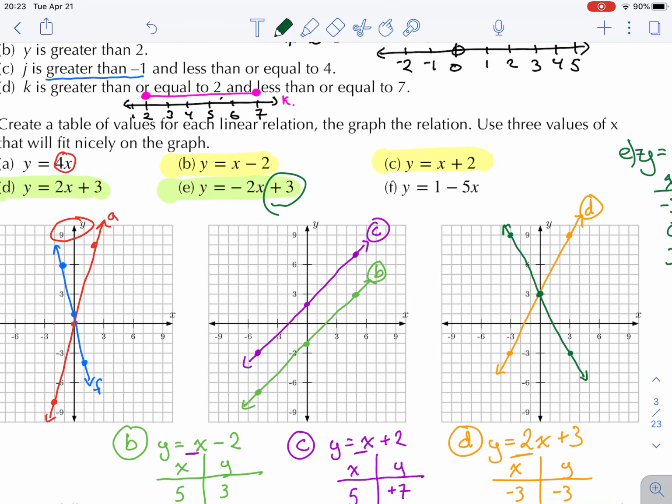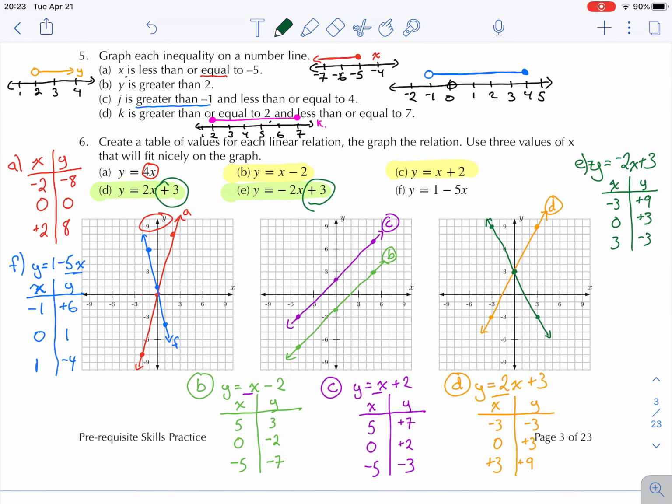Notice that these two have opposite slopes, but they have the same start point. They have the same b value, or y-intercept. All right, so all of those skills are skills that you should have for this unit. If you have any